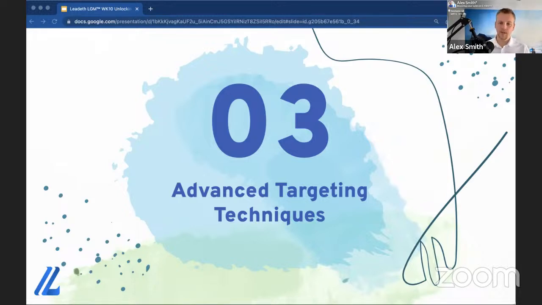Another advanced targeting option is what we call matched audiences. And this is where you target users who've interacted with your website. So if you've already got some data and you've collected some info, so you might have a LinkedIn page with a lot of likes and a lot of people on that page, that's great, because you can then target just those people. So it could be your company page, so you can target the ad just to that specific audience, and then obviously you can be a bit more personalized with that approach, and that's going to increase the engagement and also drive a bit more conversion, hopefully.